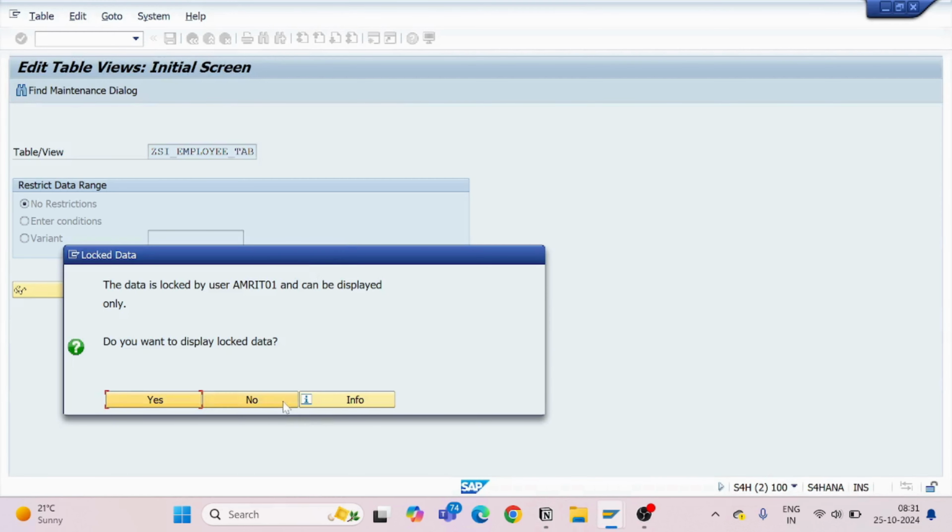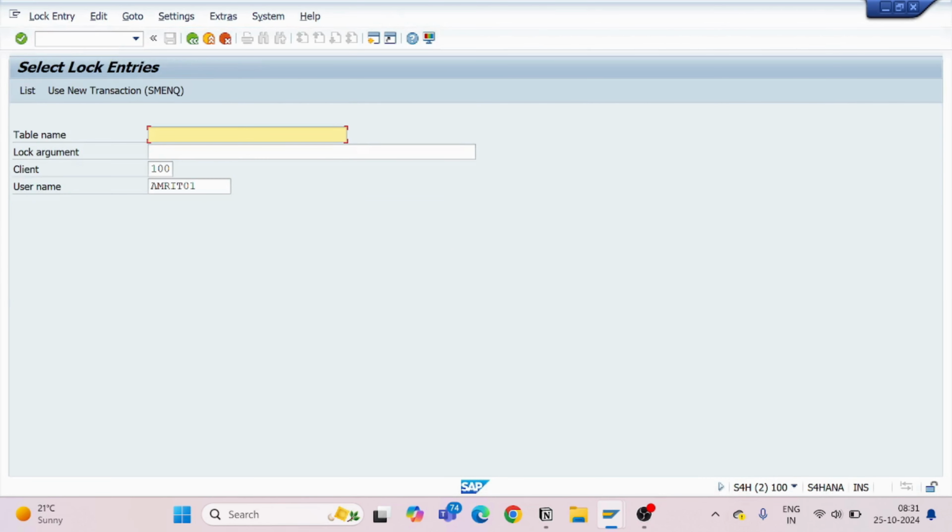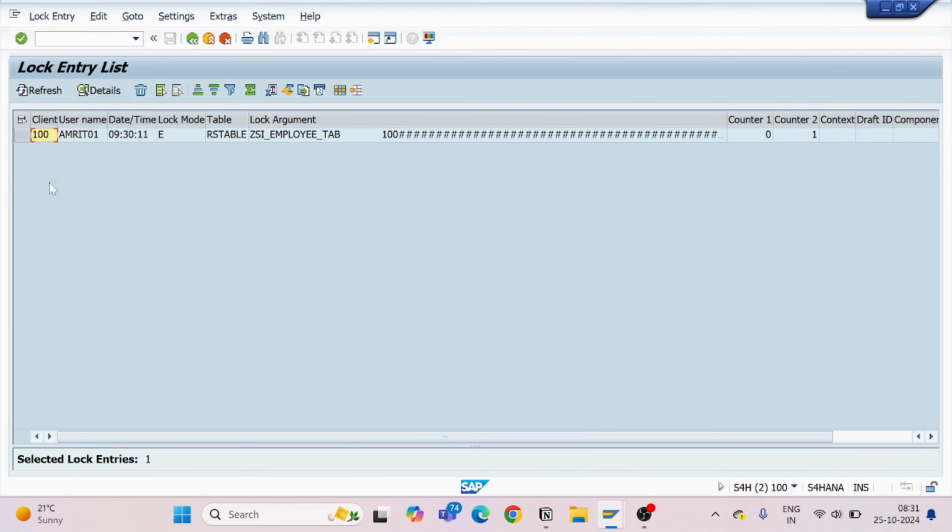If you want to see any of your lock entries, you will go to SM12, give the name of the user and click on list. And you can see here we have one lock entry for my table which is the employee table.